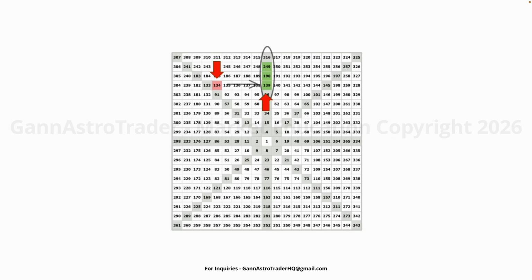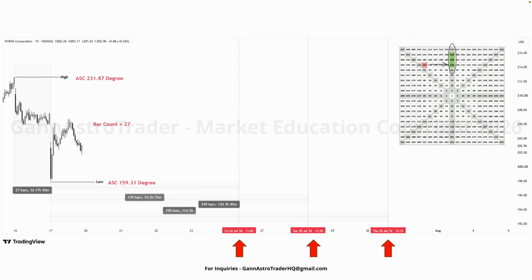We start with our calculated value of 134 bars and locate 134 on the square of 9. From that point, we move clockwise through the sequence of the square. The reason we follow the clockwise direction is that we are projecting the cycle forward in time from our original market swing. As we continue around the square of 9, we reach the highlighted vertical column. We take the first 3 values in this highlighted column, which are 139, 190, and 249. These become our 3 projected time cycle values, or 3 future bar counts, that we will now project onto the